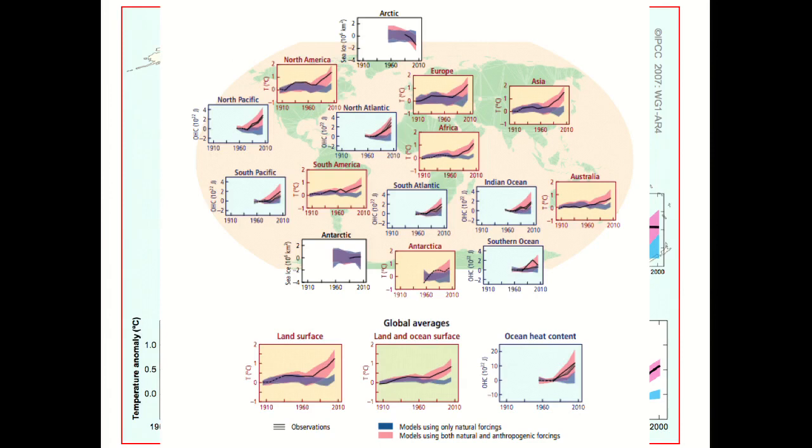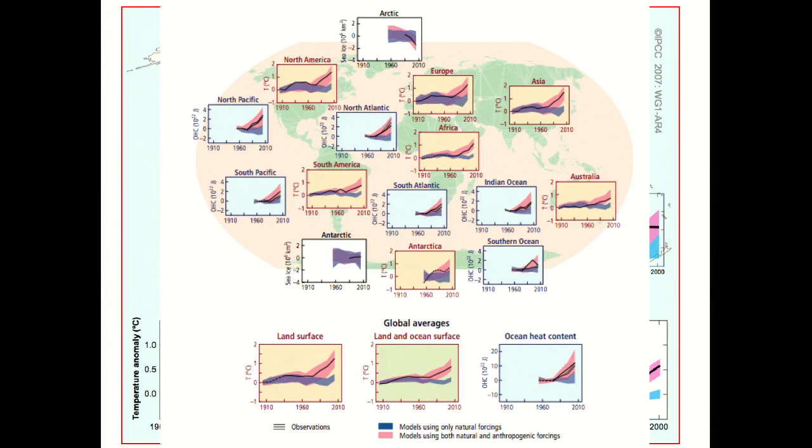And again, these models go into even more detail now, because we've now got even better oceanic atmosphere coupling models. So we've even got the ocean heat content, for example, in these graphs here for different oceans of the world, where it's been compared to the air temperature in these yellow boxes again. So now we have land surface, land and ocean surface, but now we've also got ocean heat content. And again, you can see the ocean heat content is also showing an upward trend with time.